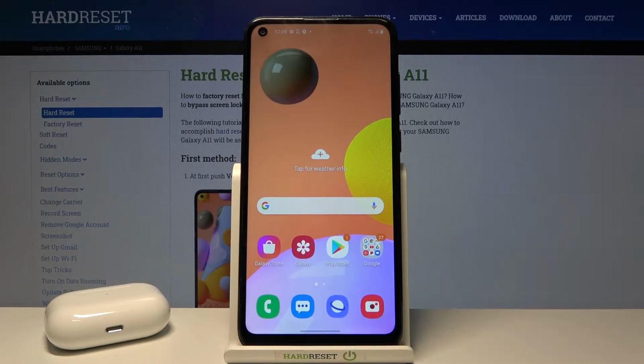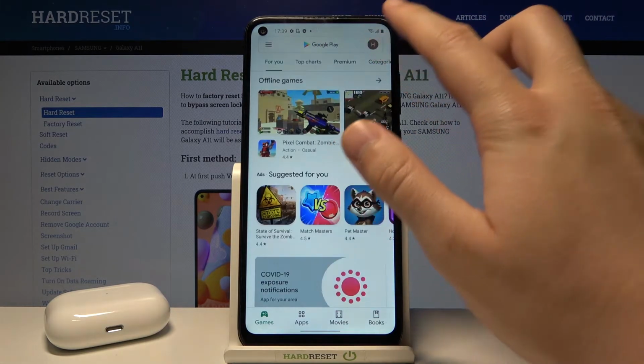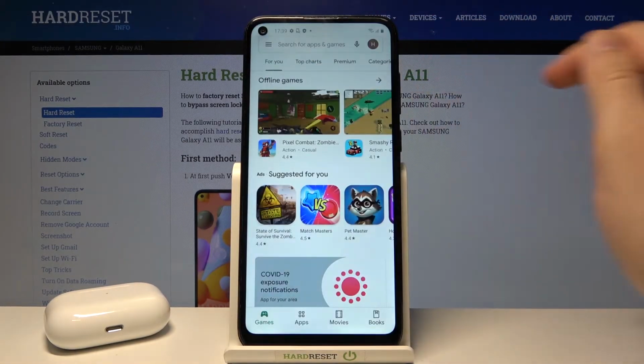Welcome. In front of me I have Samsung Galaxy A11 and today I will show you how we can add another account to Google Play Store. Open Play Store, tap on the right upper corner, select Add Another Account,